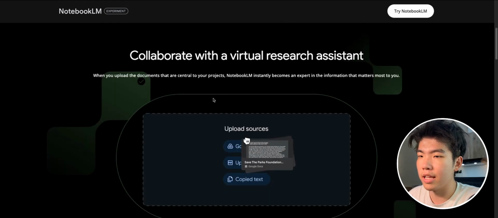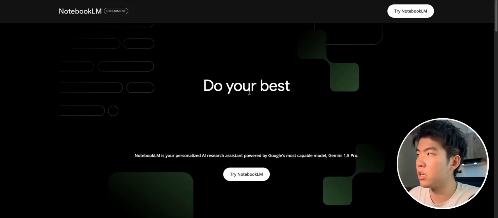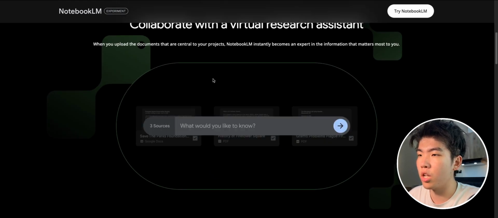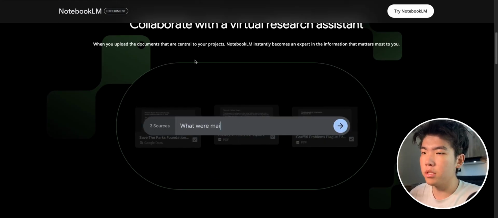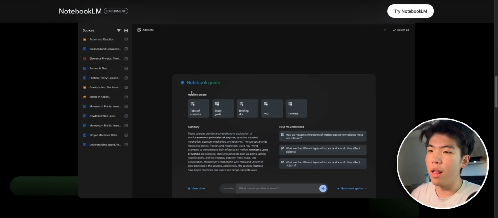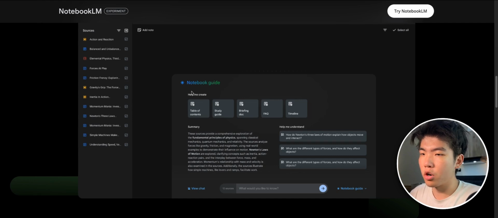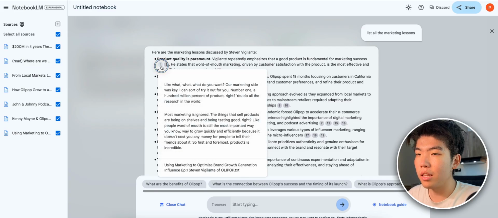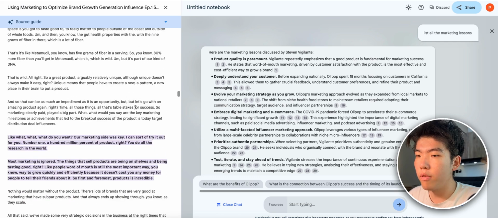Basically, it's a new Google tool that they released September 11th, 2024. What you can do is upload a bunch of different documents and then chat with those documents. That might sound really simple and probably there are other apps that do it, but the main thing about this app is that it'll directly link the source of where it got the information from the text